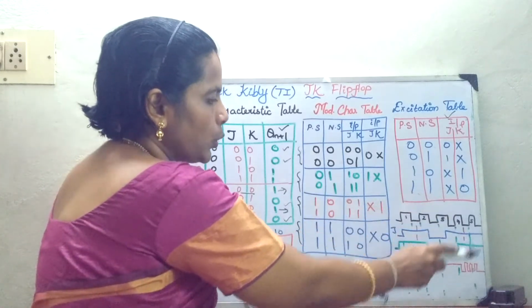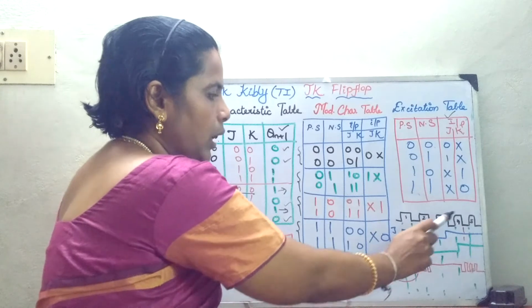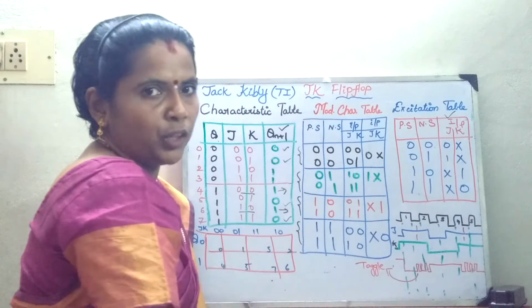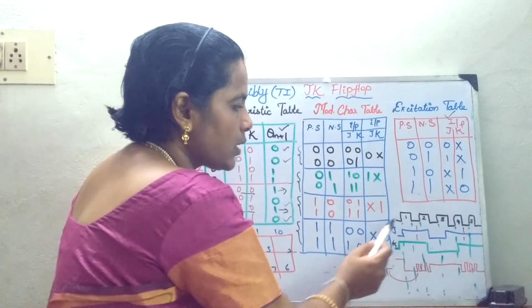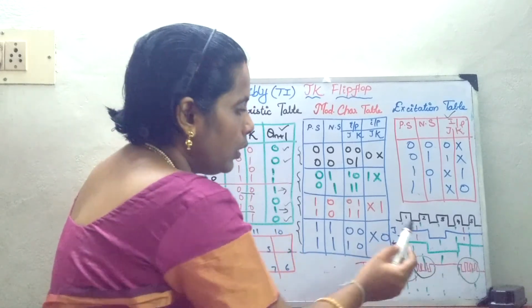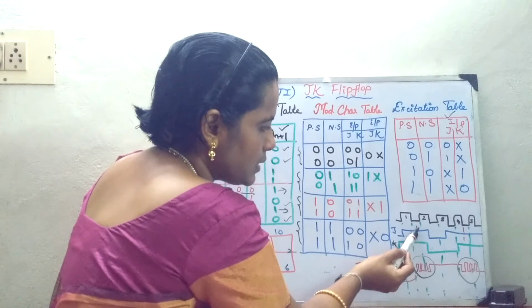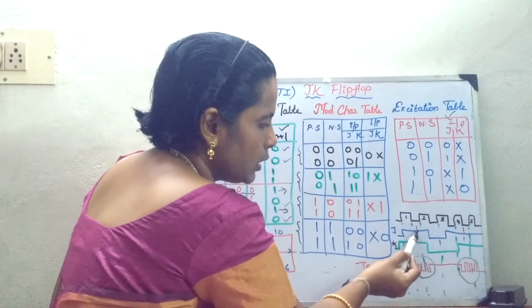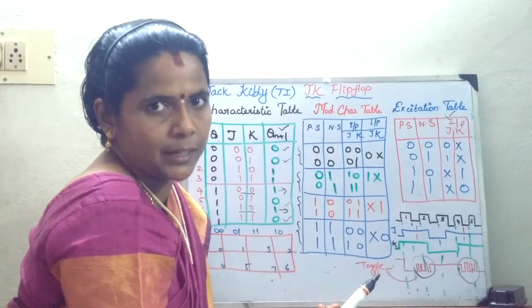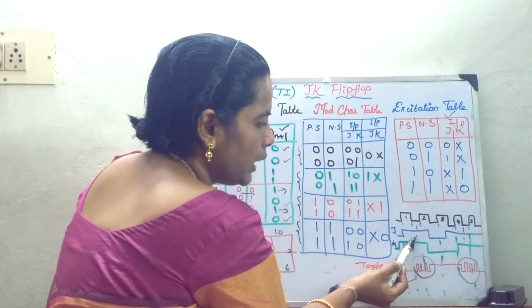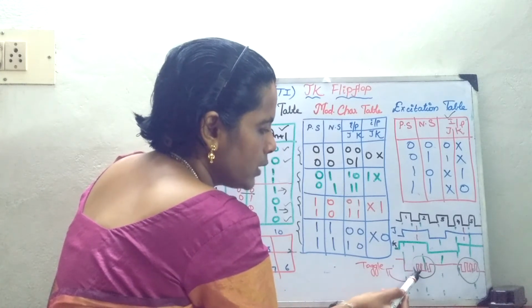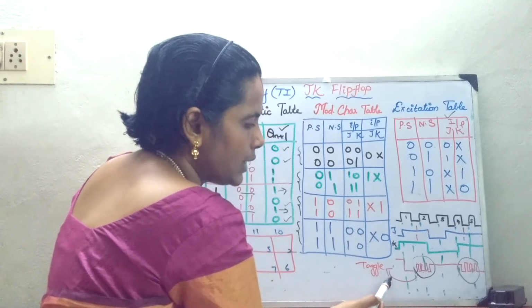Okay, now we will move on to the last part. We are giving the clock pulse signal and taking the general waveform of your J and K. In this case, you are seeing a new concept. Here, in these places, the waveform is having ups and downs. In these places, J and K are 1. So what is the significance? It is in the toggle state. When both the inputs are 1, if you look, it is not retaining the same state, it becomes 0, 1, 0, 1, 0, 1. This process is called toggling.